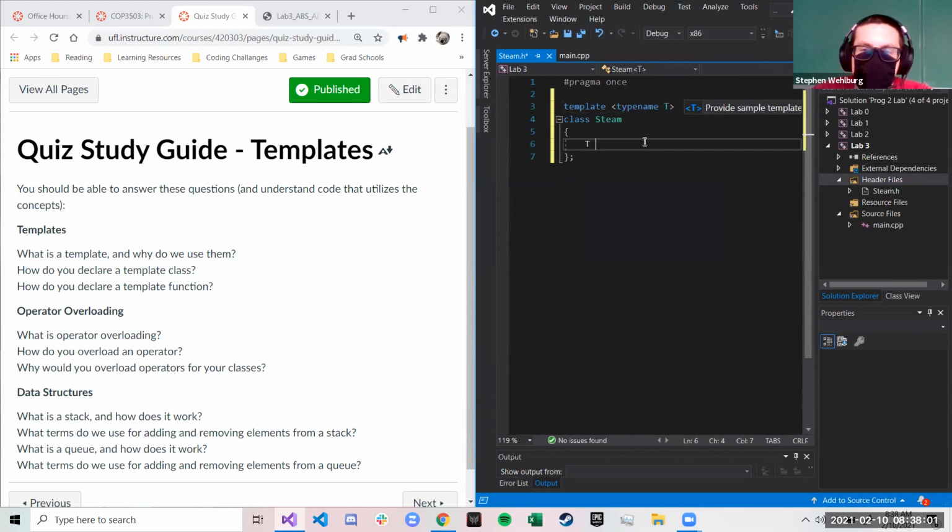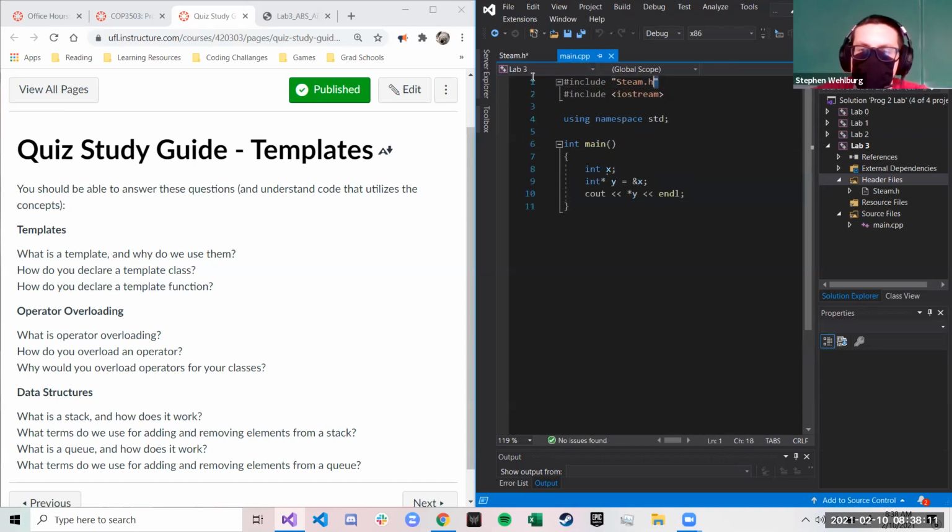If we do T there, now right here we've got T as the data type of this variable. And so when we make a Steam object, so we have hashtag include Steam there, when we make a Steam object,